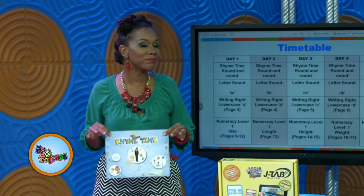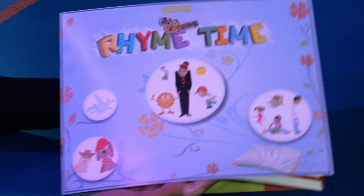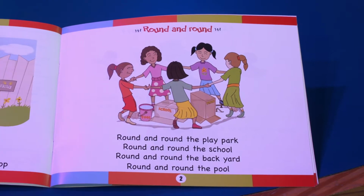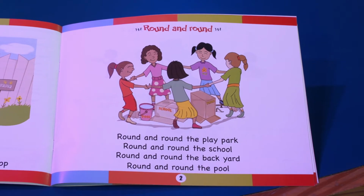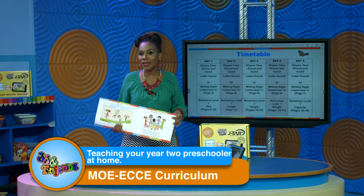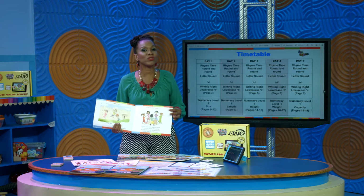You identify your activity in the timetable and you find the round and round rhyme. You can look at the picture with your children, and if you look at the picture, what do you see? You see children in a circle moving round and round. And that's something that you can do. If you have two children and yourself, you can make a circle and you can do the round and round rhyme. You read the round and round rhyme, or you say the round and round rhyme with the children, and